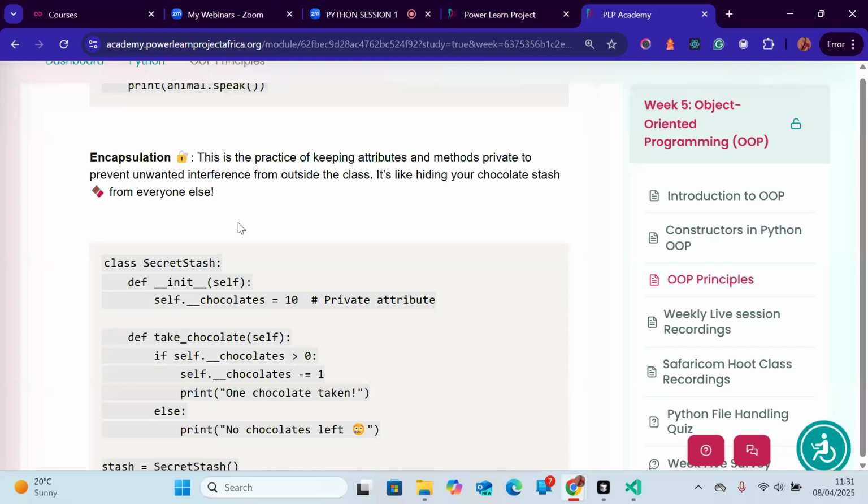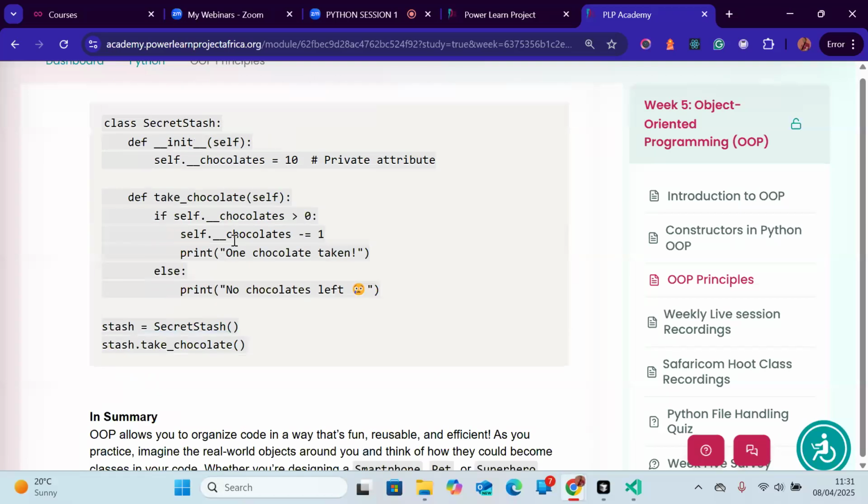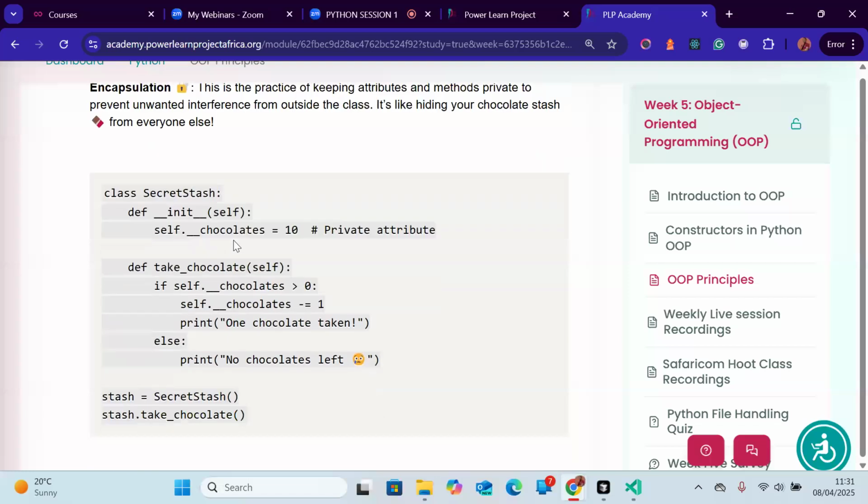So we don't want our attributes and methods to be interfered with or to print almost similar results or to be modified anyhow. For example, if we had a very complex system and we try to define almost similar things,